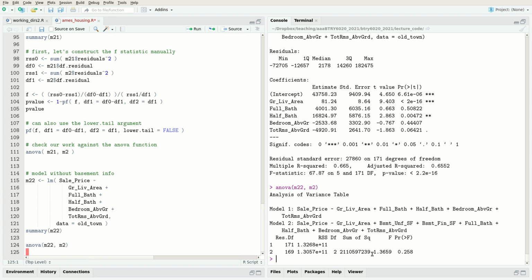And the F statistic is 1.3659. So this F statistic is smaller than the one we got for the comparison against the model that has no bathrooms. And the p-value is larger, which means we do not have strong evidence from this data set that the basement variables' coefficients are